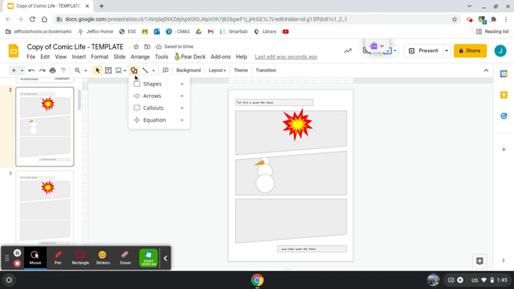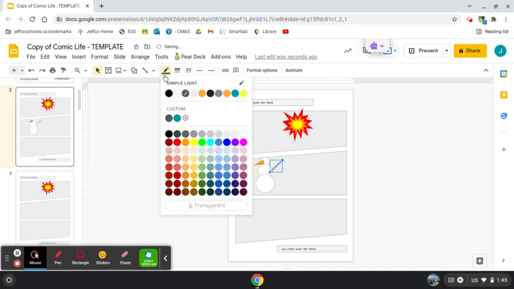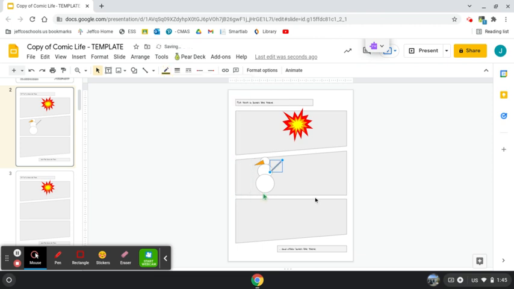And let's give him a little stick arm. Stick. Oops, that's in the wrong spot. There we go. And I want to make that arm a little thicker and brown. Okay, now I can still group all of it together, and now it is one item that I can move